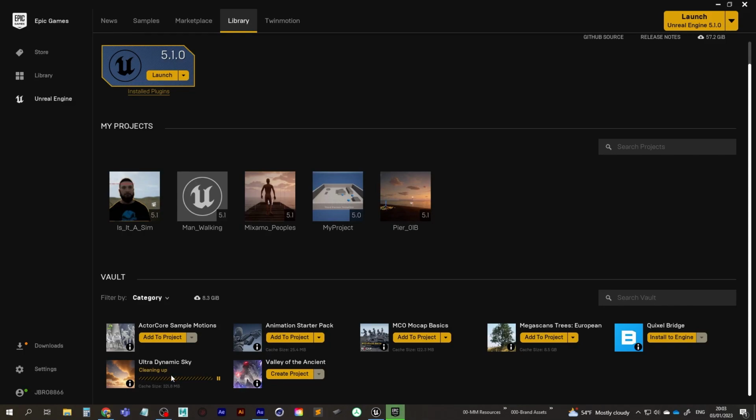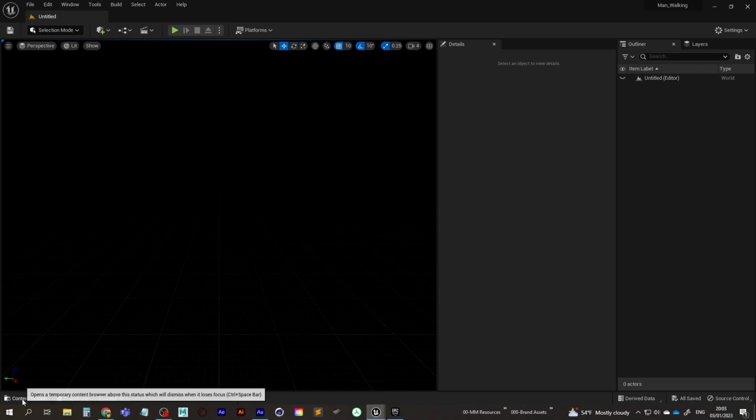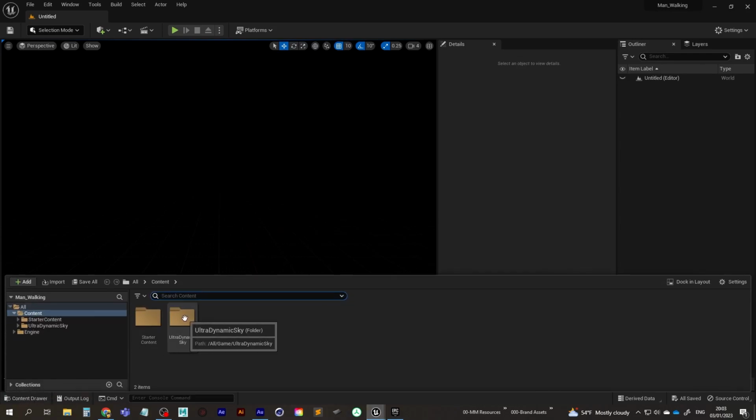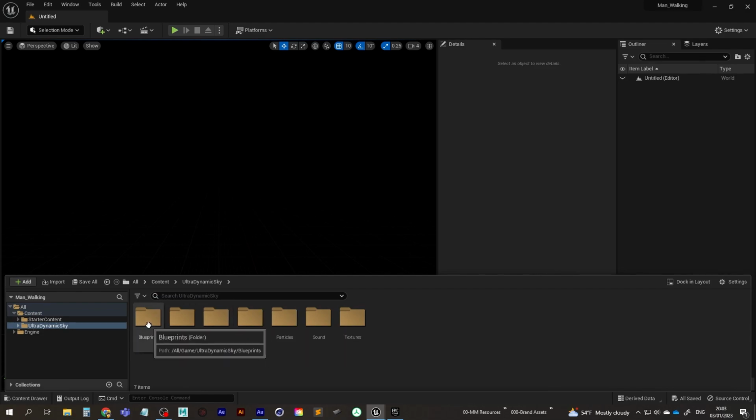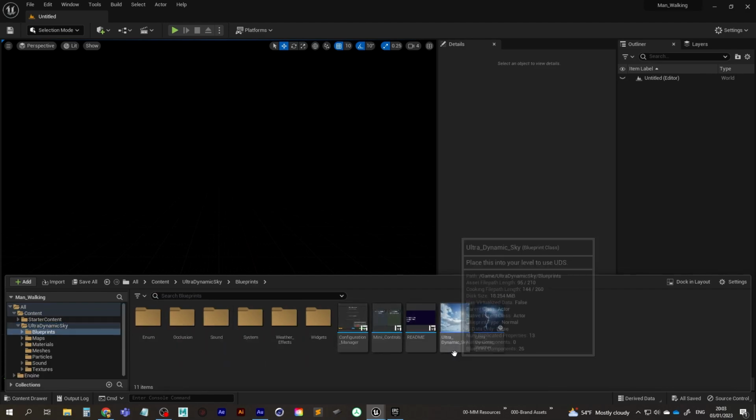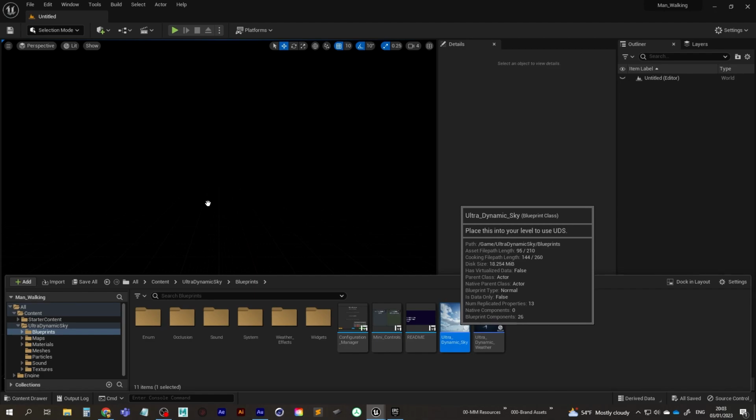So that's just going to load itself in, and then we can go back to Unreal. Let's go to our content drawer, and here it is. Going to go into blueprints, and there we can drag in the Ultra Dynamic Sky.